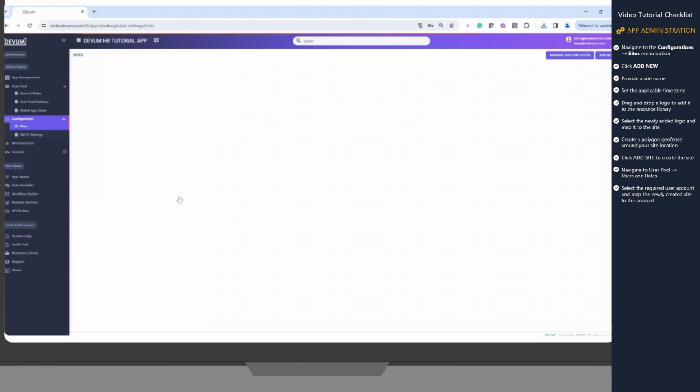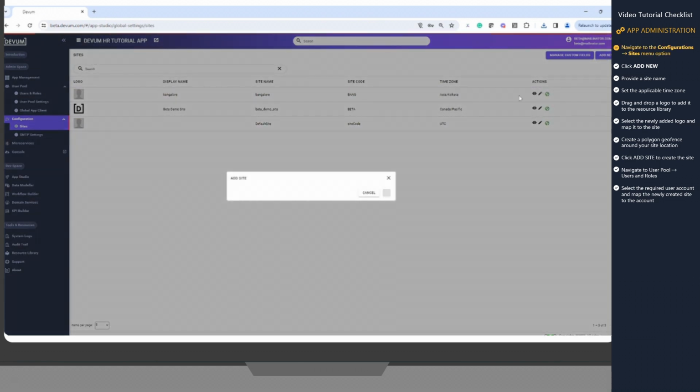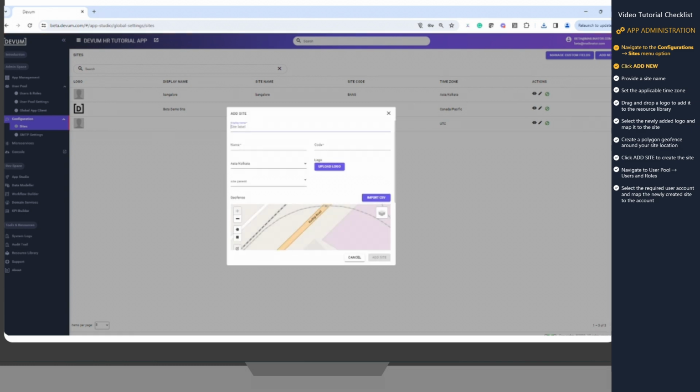When accessing the Devum landing page, we start by navigating to App Management, Configuration, Sites. In the Site page, we select New Site located in the top right corner. Upon opening the New Site pop-up, we input the display name, code, location, upload logo, site parent, and save the